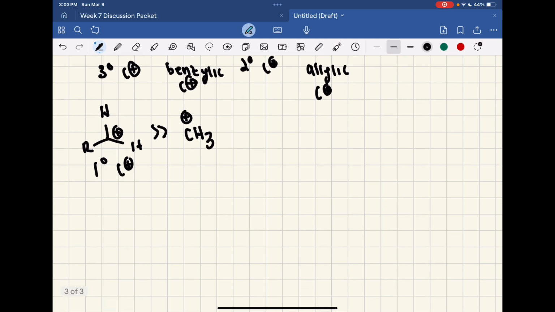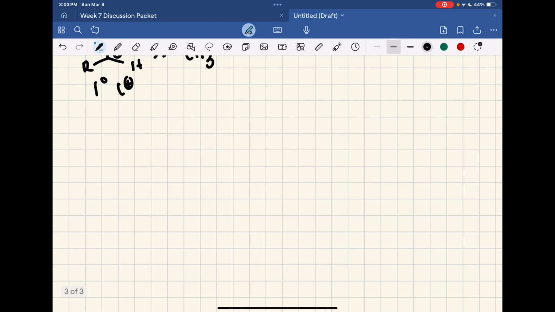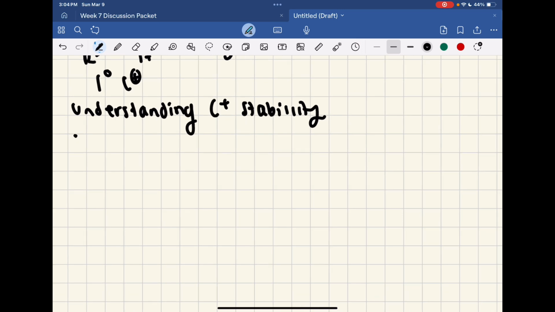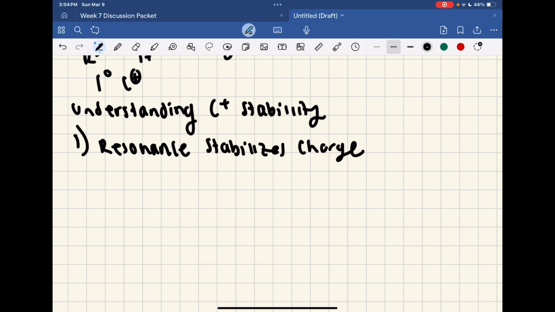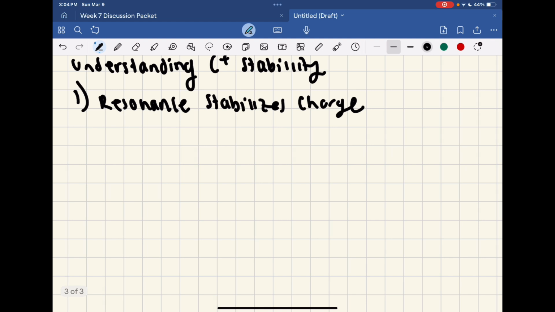Let's kind of understand this idea of carbocation stability. Okay, so maybe this part of the notes will just be understanding carbocation stability. So the first thing is resonance stabilizes charge, as we've seen before. So essentially, if I had this molecule, this carbocation, and I have this carbocation,